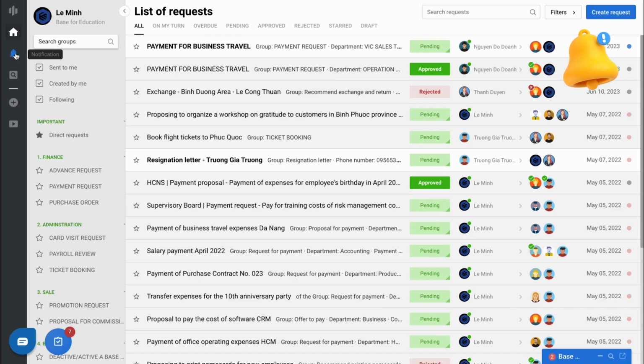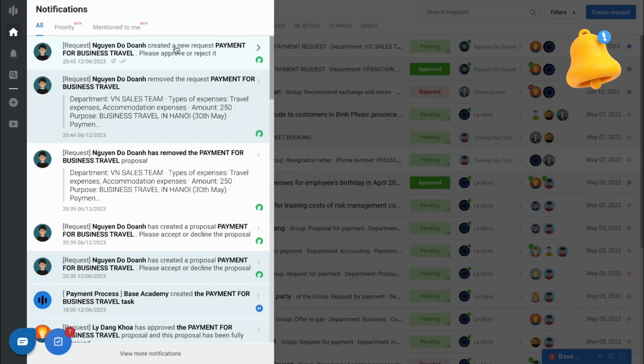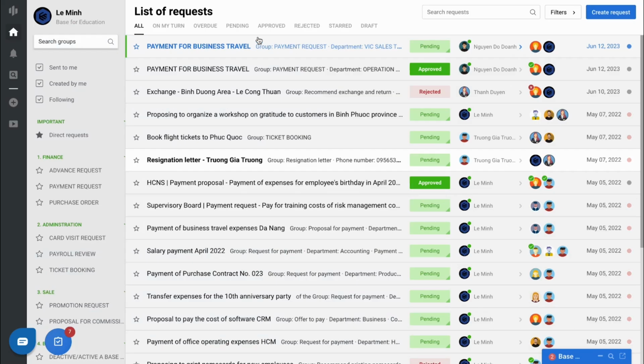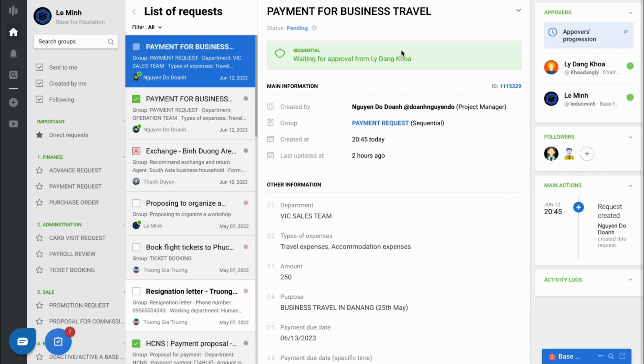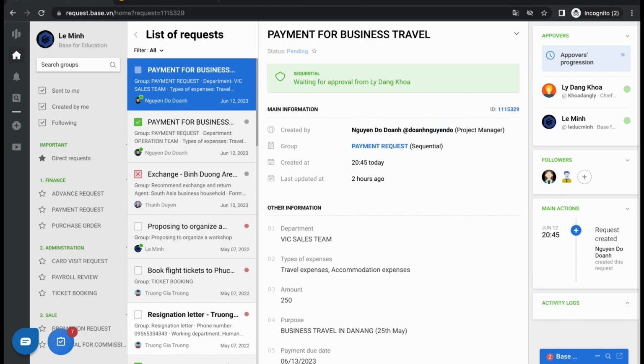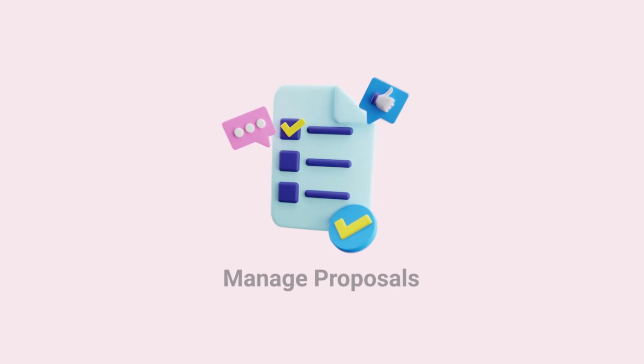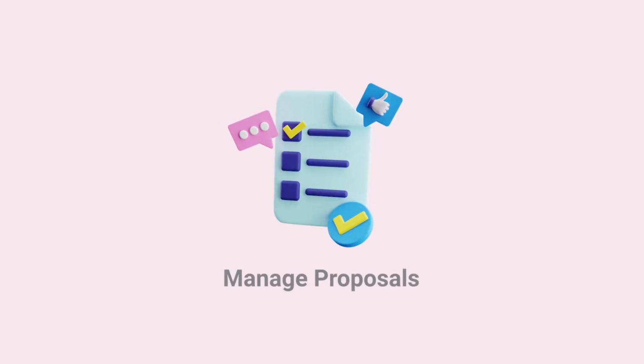Second note, in some cases, even though you have received a notification and it is displayed in your list of requests, when accessing inside the request, you cannot see any button for approving. Don't worry, it's simply that the current approval process is sequential and it's still not your turn yet. Therefore, you can check and manage the requests you currently need to approve in two places, the first